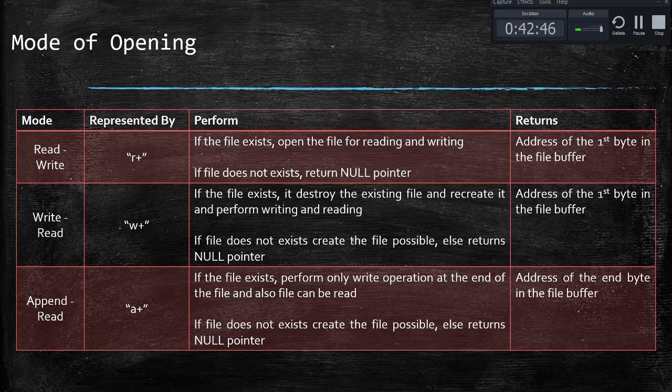In append-read mode, or "a+" mode, if the file exists, we can perform a write operation at the end of the file, as well as read the content of the file. And if the file does not exist, it will create the file if possible. If not, it will return a null pointer, and at the beginning it will return the address of the last position of the file content, right? So these are the 6 different modes of opening a file,